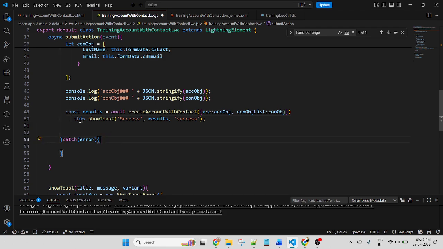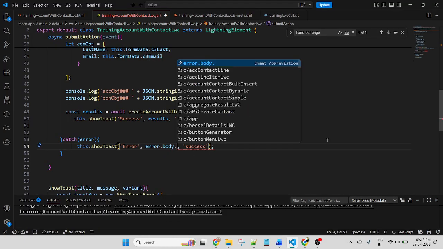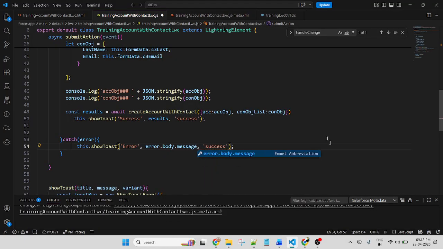And in the error, if any kind of error occurs during inserting the record, I will display an error message. So I am using the same toast message, but the data will be different: error dot body dot message, and this is an error.